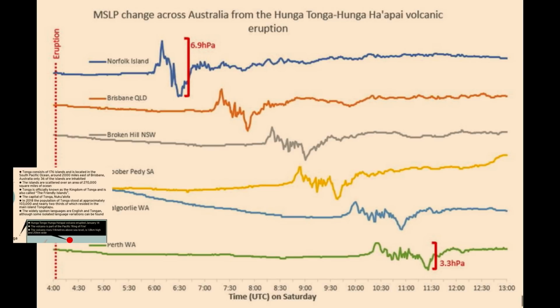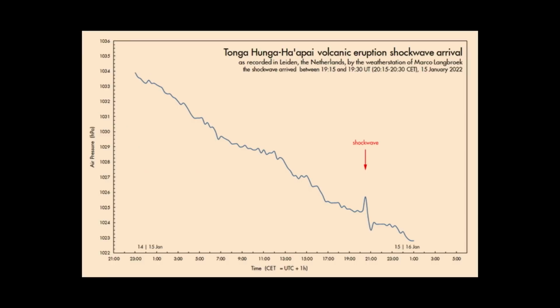And then in Queensland and in New South Wales, South Australia, and then some hours later, Western Australia, the pressure wave from that explosion was picked up. And it propagated around the world. It was picked up in Gloucestershire and in the Netherlands. That ripple spread around our planet. Such was the intensity, such was the energy of that explosion.